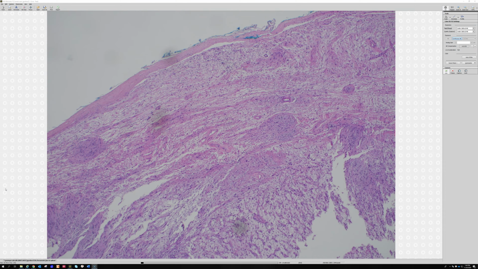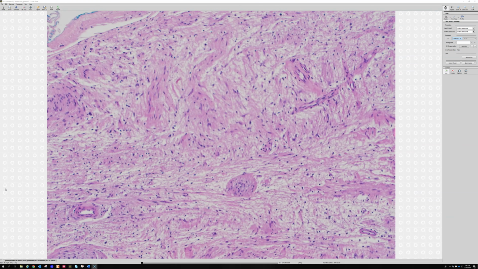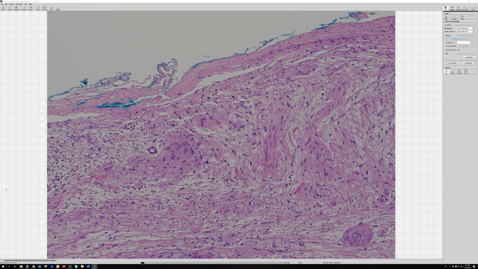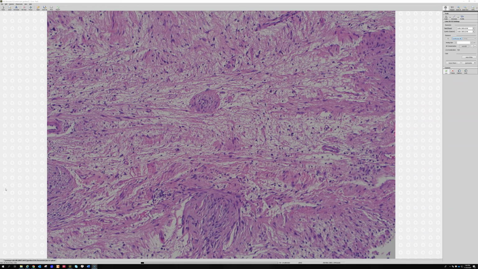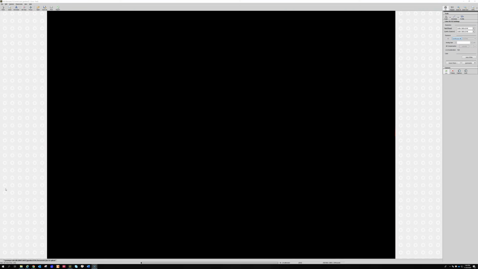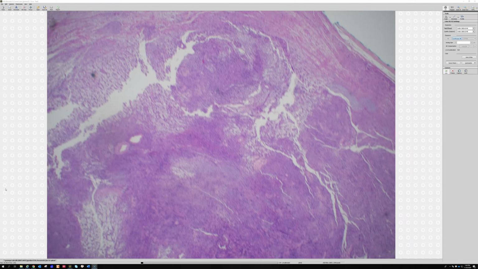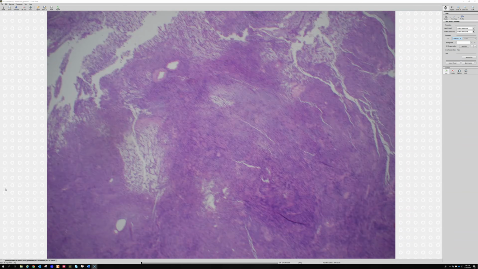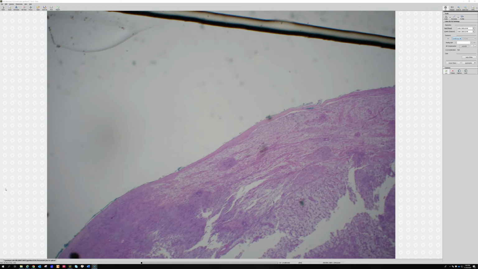You can have stuff that looks kind of like neurofibroma, with the shredded carrot type of collagen sometimes. That looks a little bit like neurofibroma to me. Not exactly, but a little bit. So the Antoni B areas are loose and kind of less specific looking. But here at low power, you can nicely see both the hypercellular Antoni A, the hypocellular Antoni B, and also look at that nice thick capsule around the outside,